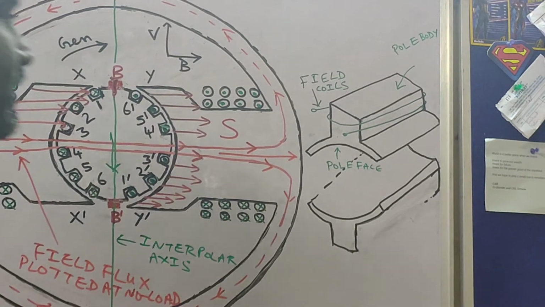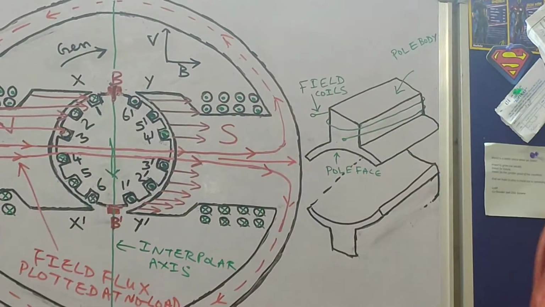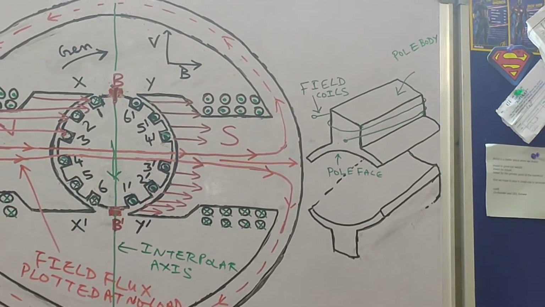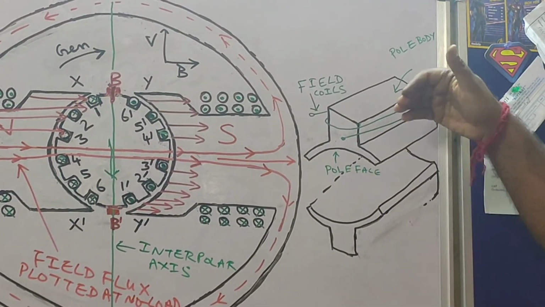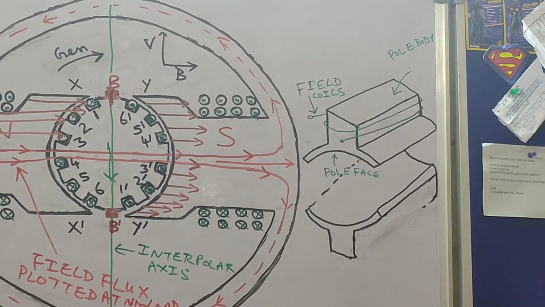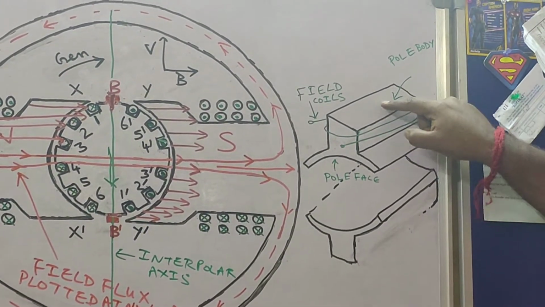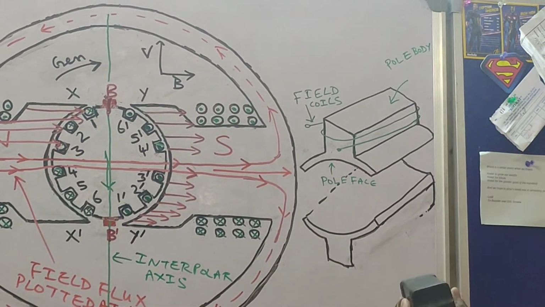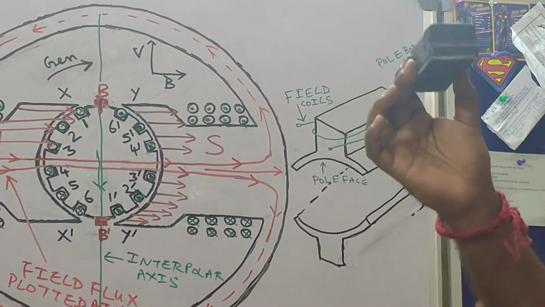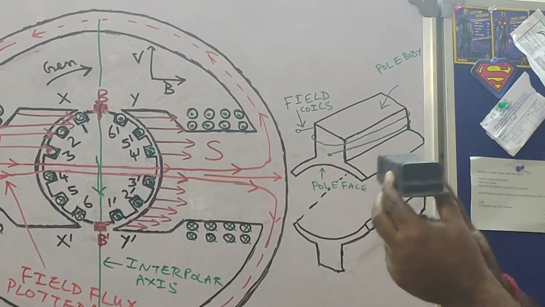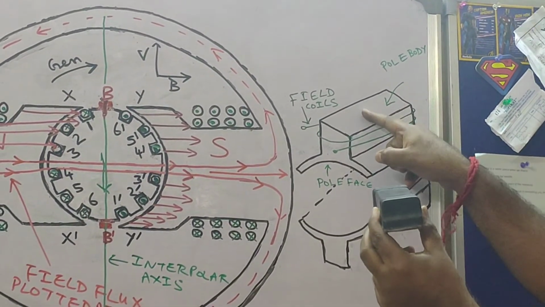Now what I want to say is that let us first make an understanding regarding the number of conductors which can be present on the two sides of a field pole. This is our field pole and this is the pole body or pole core. You just make a comparison. Let's assume that this is our field pole. So see, this structure you correlate with this structure.